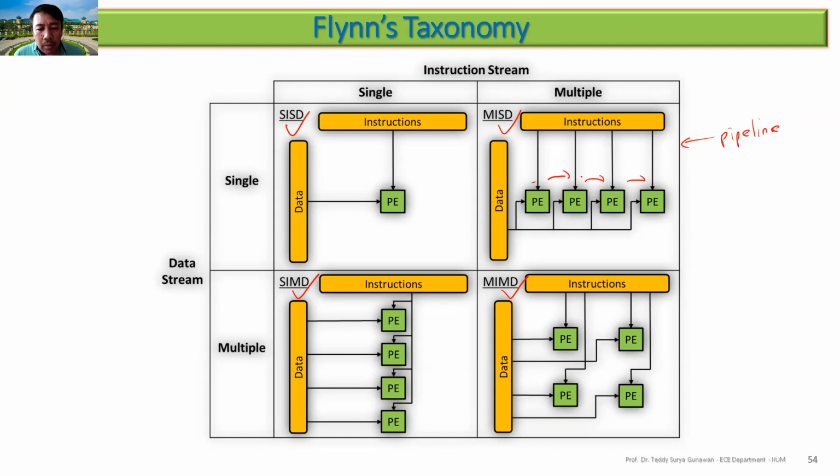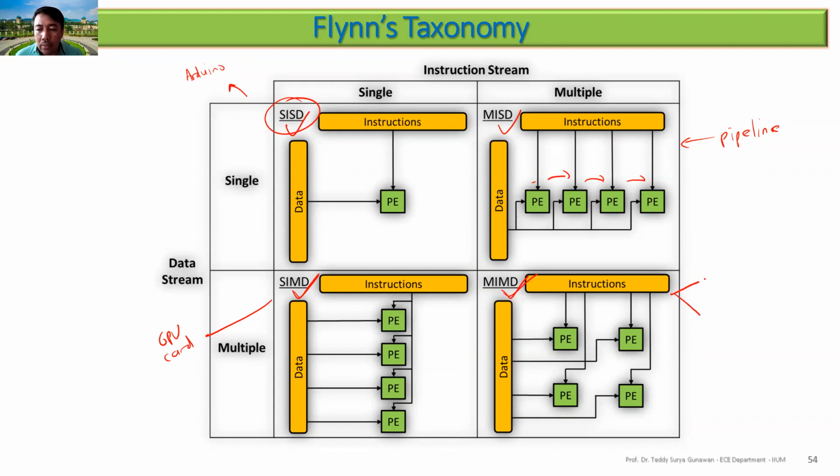But the most used in current technology is either this one or this one. Single instruction, single data is used, for example, in Arduino, because they only have one core, and they do specific things as a microcontroller. SIMD, the most prominent example is the GPU card, with which you can speed up your computation in machine learning, video games, and so on. Multiple instruction, multiple data is the most important one.